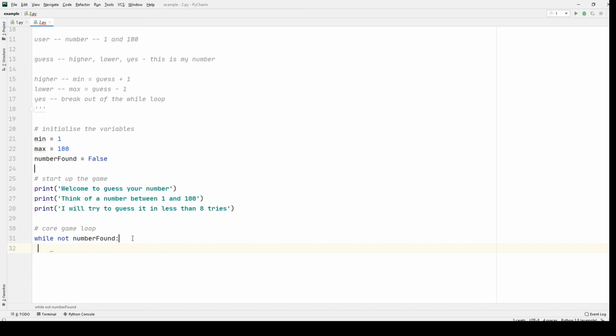Not like that. Not a false will become true, because not is the exact opposite. And eventually, if you ever find number found, we'll make number found true, and when it becomes true, not a true will become false, and it will exit the while loop. Right? So this is the condition we're going to check, and inside the loop we want to do a bunch